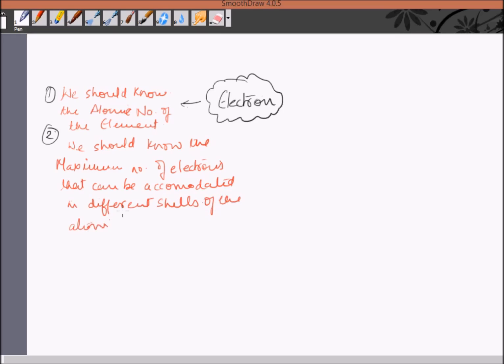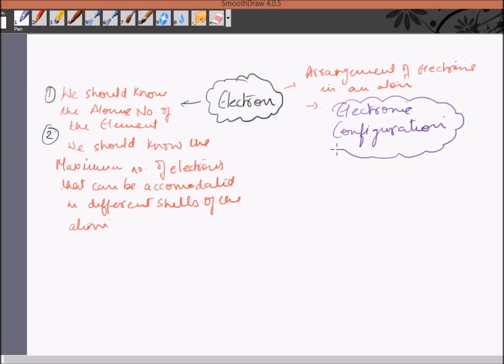Why do we want to know the atomic number of the element? And why should we know the maximum number of electrons that can be accommodated in different shells? Why? To see the arrangement of electrons in an atom. What do we call this arrangement? We call it electronic configuration,